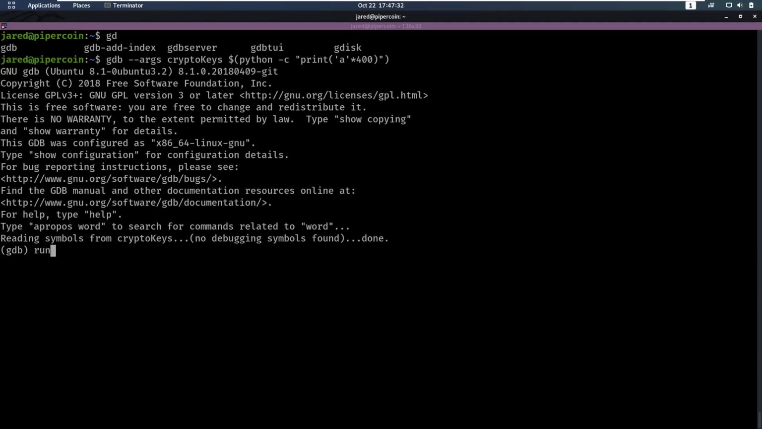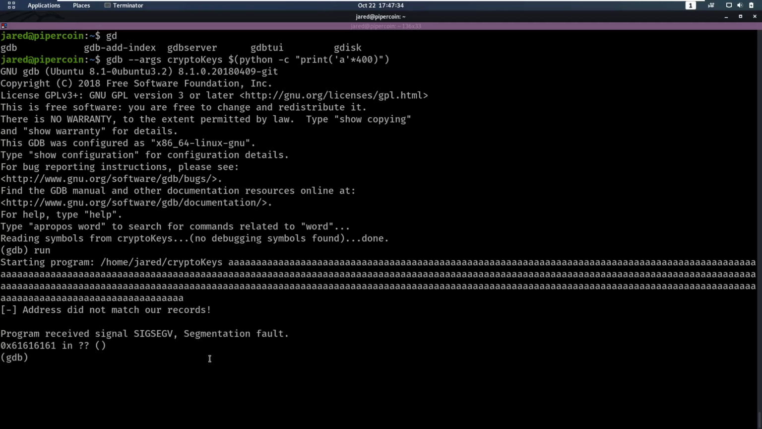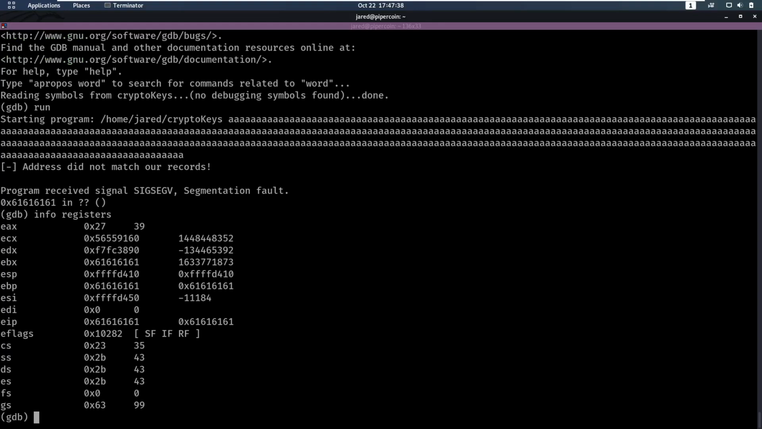So okay, we're gonna run our program. We get the segmentation fault, and now we can do info registers to get more information. And let's take a look here. Our instruction pointer, or our stack pointer, that's what we need, is at this address. Okay, perfect. So now we know, and I can show that it's always going to be the same,